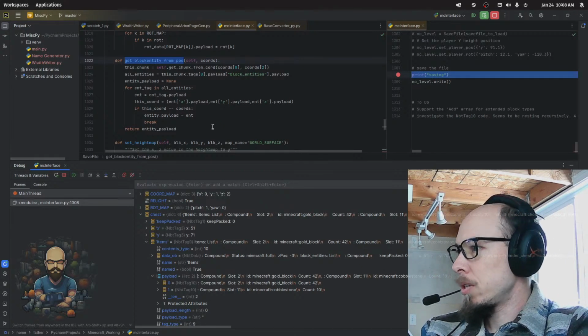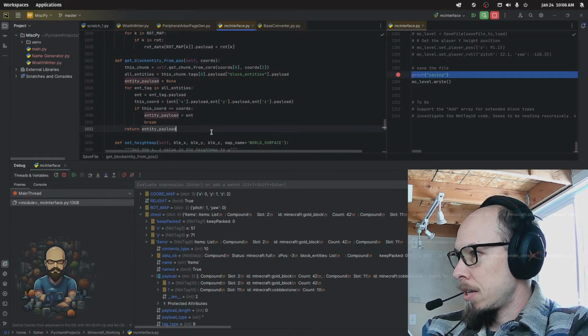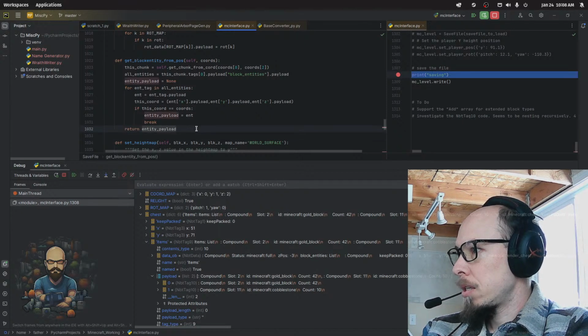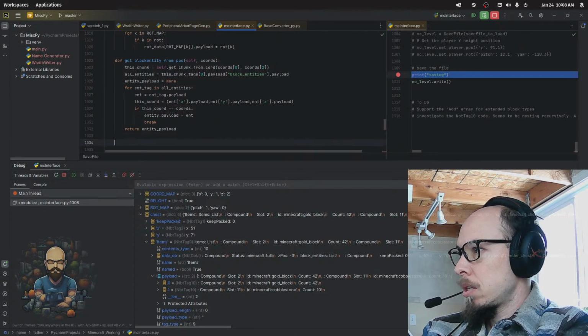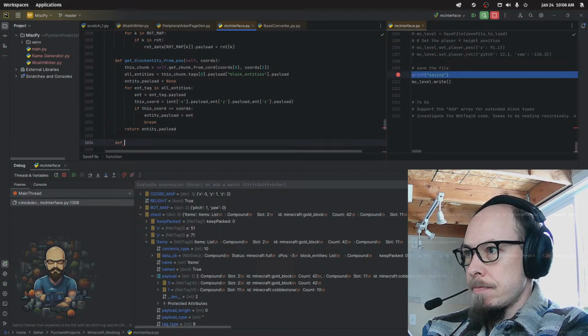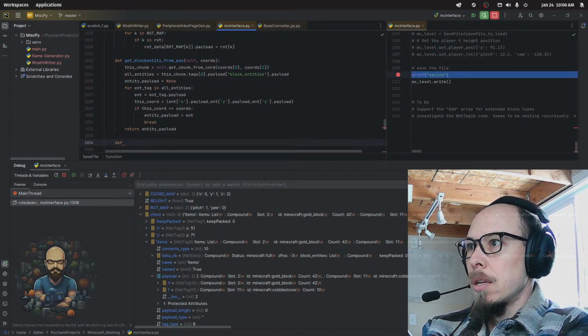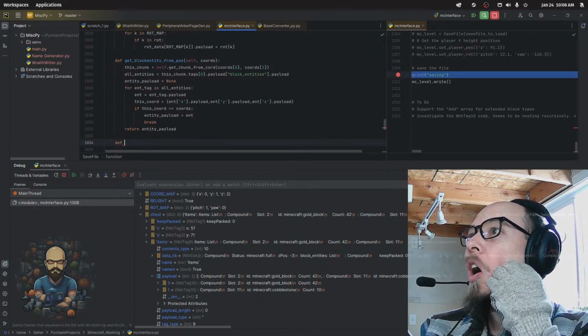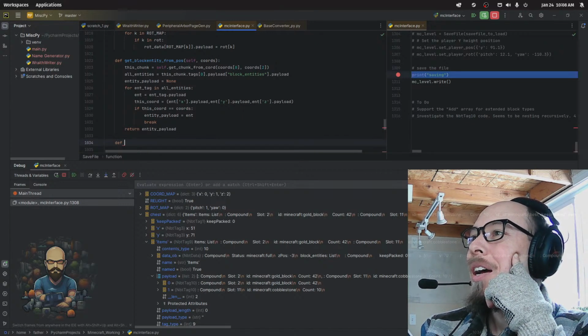We could start doing things to this. So let's add item to chest. Def block entity from position. Def